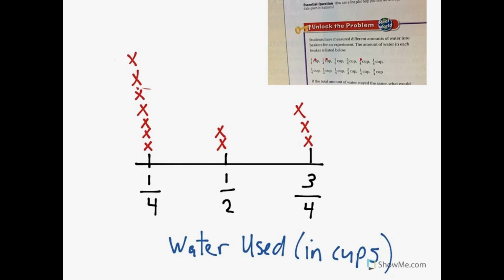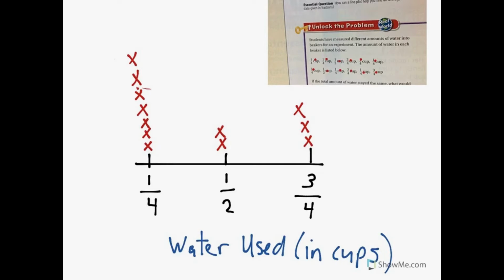Good. 2 1/2 cups. And 3 3/4. Should have 2, 4, 6, 8, 10, 12 X's. 1, 2, 3, 4, 5, 6, 7, 8, 9, 10, 11, 12 X's. Perfect. Okay. So now that I've plotted everything on my line plot correctly,